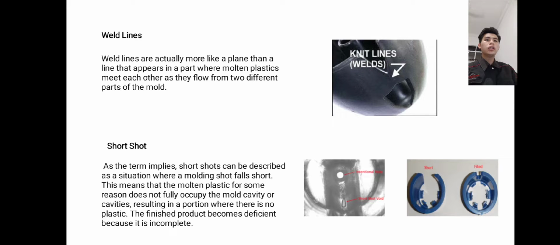Weld lines are actually more like a plane than a line that appear in a part where molten plastic meets each other as they flow from two different parts of the mold. And then short shot. As the term implies, short shot can be described as a situation where a molding falls